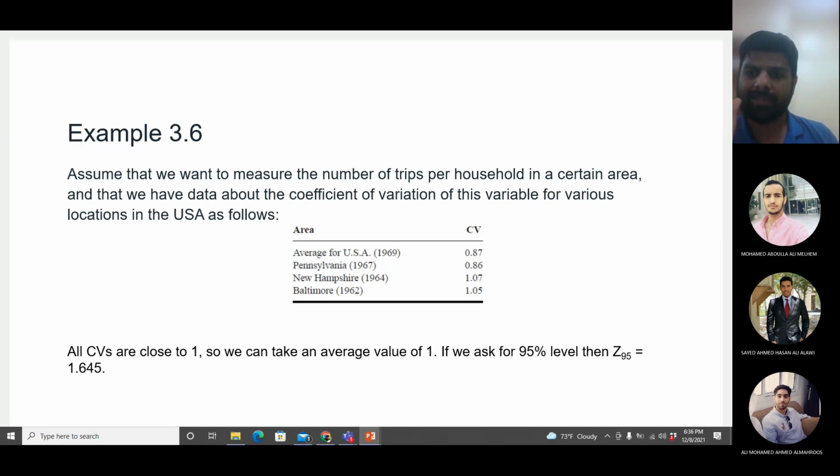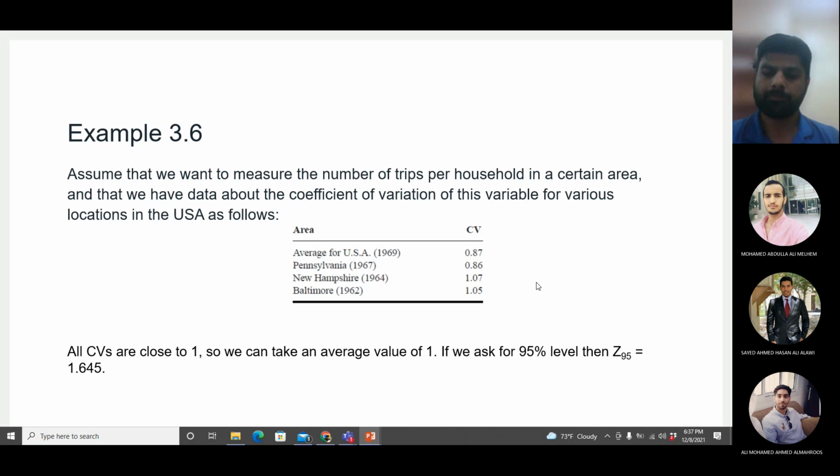Okay, in most of the cases, CV is 1. So if the data is giving you CV close to 1, you can round it off to 1, no problem. Even if the actual value was, let's say, 0.98 or 0.99 or 1.01, assuming 1 is safe, reasonable. But it should be close enough. If the data is telling you CV is 1.5 or 2, and then you are assuming 1, that is wrong. But in this case, if you take the average, you will be getting very close to 1, so assuming 1 is not a problem.